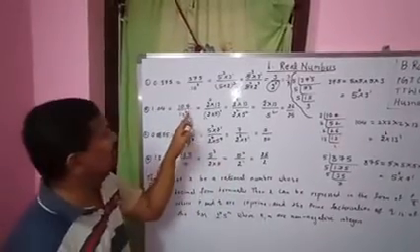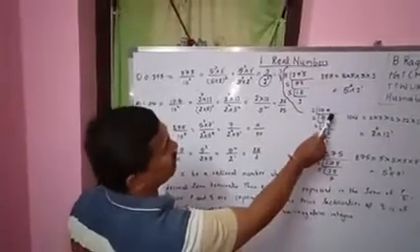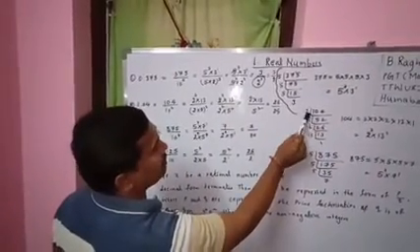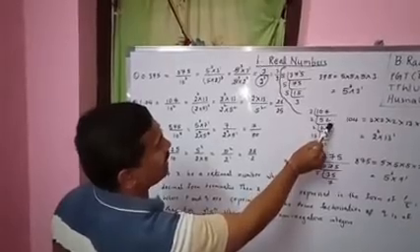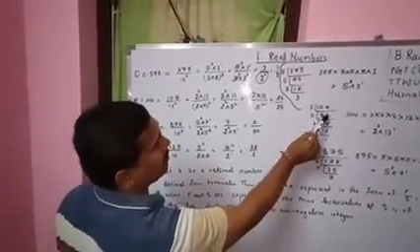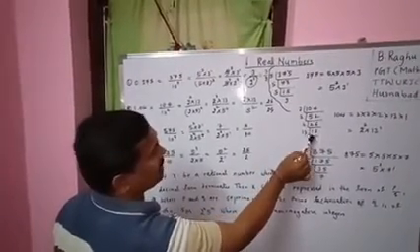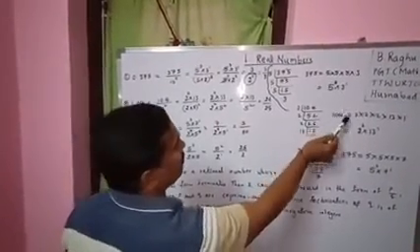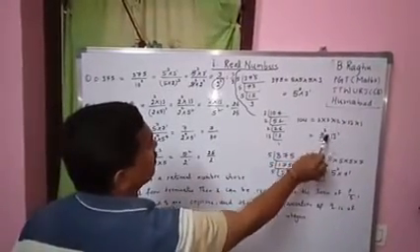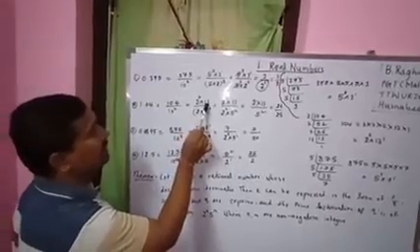Next, see 104 by 10 square. 104 can be factorized. 104 units place is 4, so it is divisible by 2. 2 5s are 10, 2 2s are 4. Again the units place 2 is divisible by 2. 2 2s are 4, 1 carry forward, 12. 2 6s are 12. 2 13s are 13 1s. So 104 is 2 into 2 into 2 into 13. 2 repeated 3 times, 2 power 3, 13. So 104 can be written as 2 power 3 into 13.